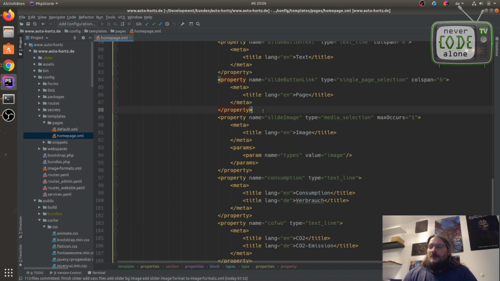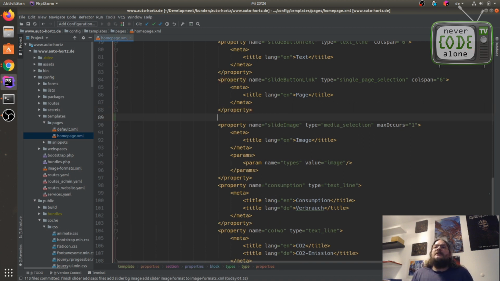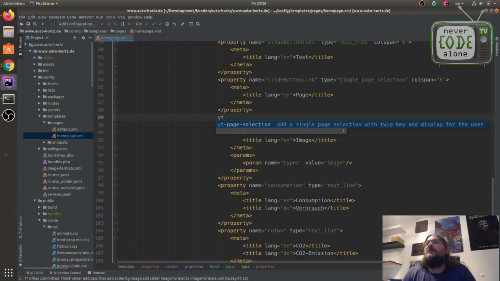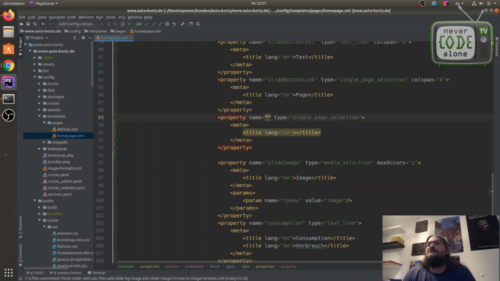And now I have this live template in my autocompletion. So when I say Alt J, oh, it's Control J, okay, then we have this YouTube page selection, and you see here the completion and my description. And now I can just press enter, and you see that the cursor is now in the name field.